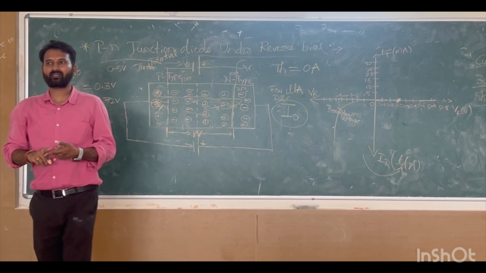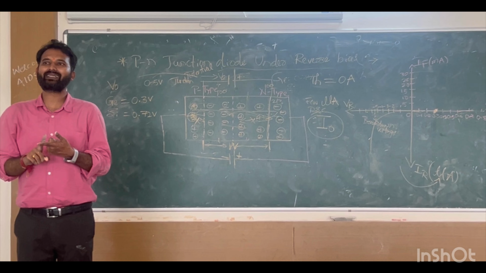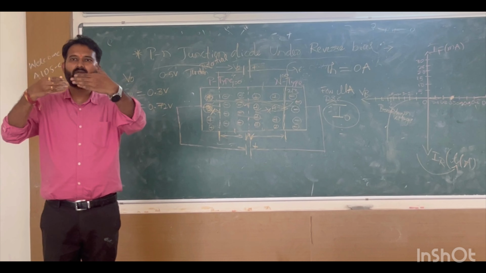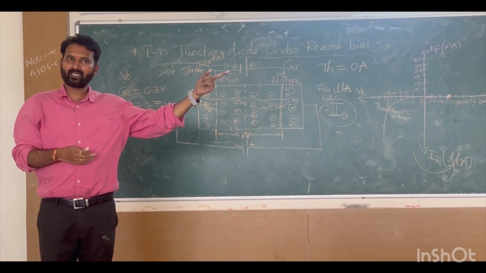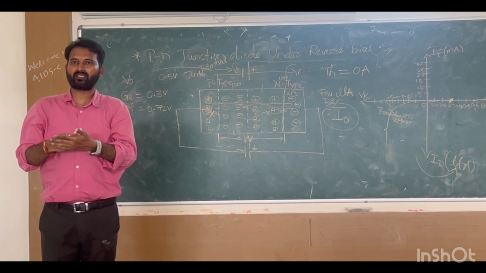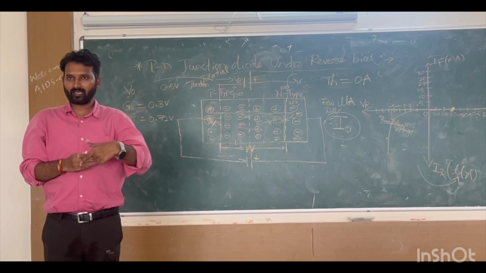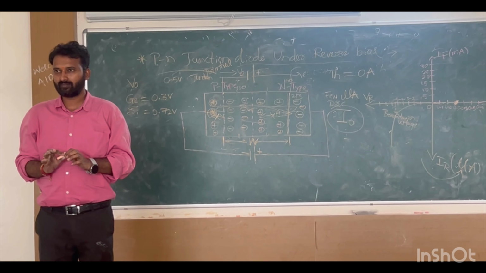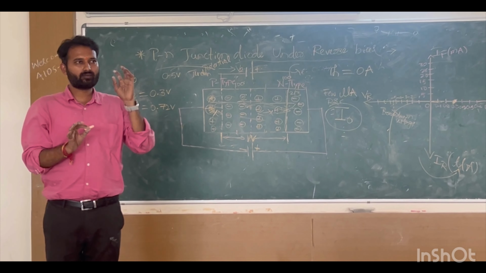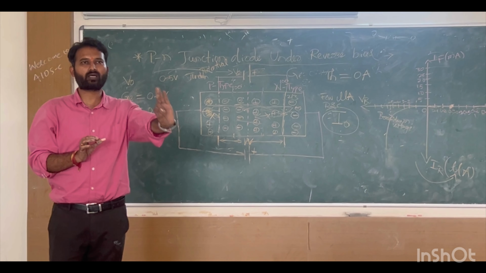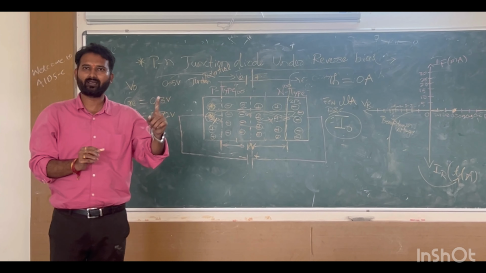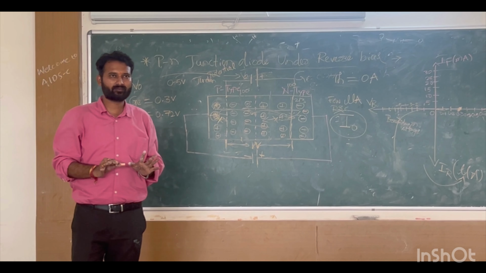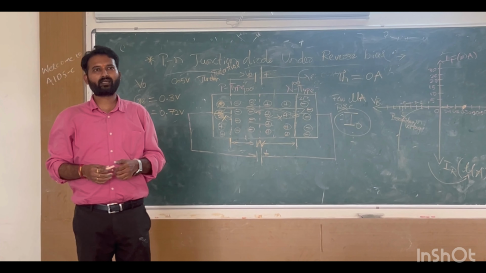Understandable? What do you mean by reverse saturation current? It is produced due to minority carriers under reverse bias. Minority carriers move in the opposite direction. In forward bias, majority carriers move, and that makes the forward current. Here it makes the reverse saturation current. Understandable? Keep in mind the theory: when you write, theoretically no current, but practically, when you do the experiment, there is a current in the order of microampere. Clear with this? Any doubts?